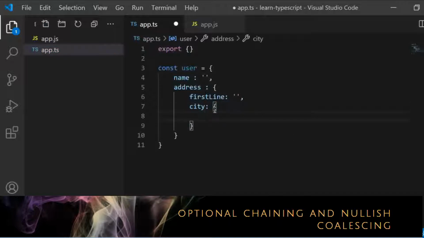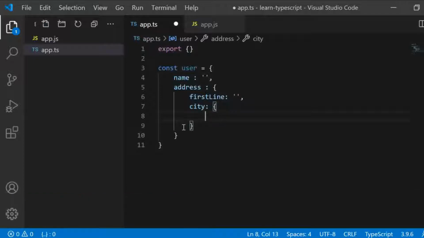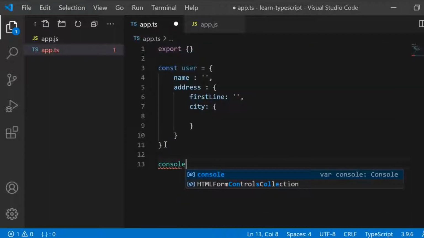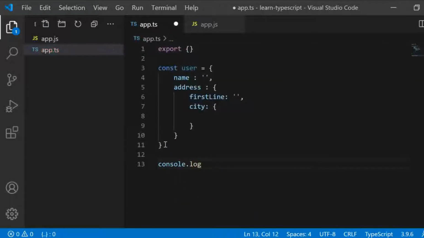That can be possible. If you try to print this in console log, let's add one age as well.